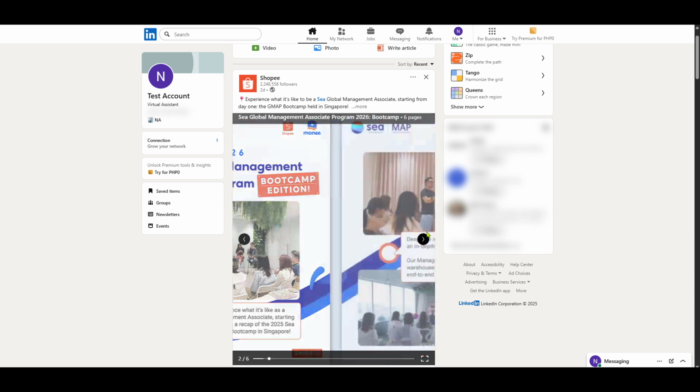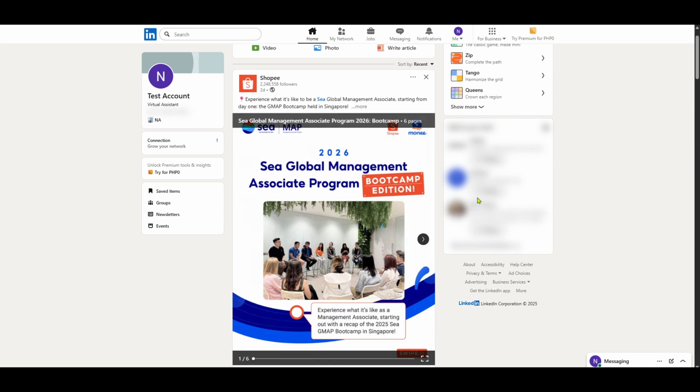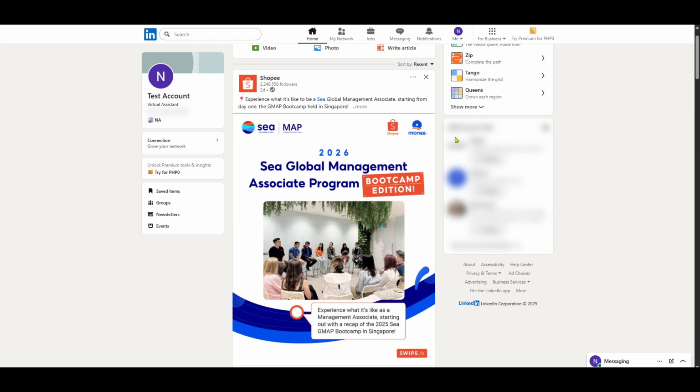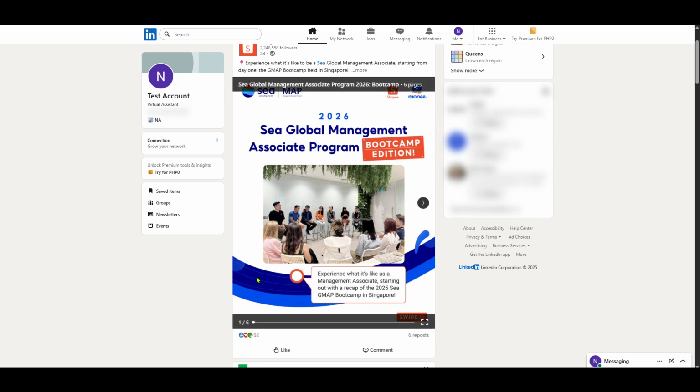Once your profile is polished, switch your attention back to the LinkedIn feed. The feed acts as a platform to engage with your audience. You can do this by sharing insightful content, whether it's articles, posts, or updates about your professional achievements. You want to establish yourself as a thought leader in your field, so make sure what you share adds value